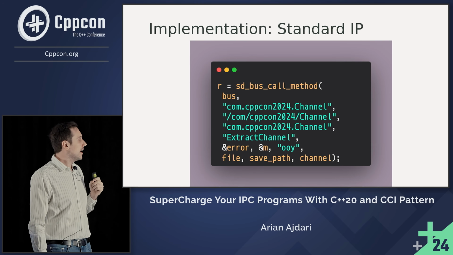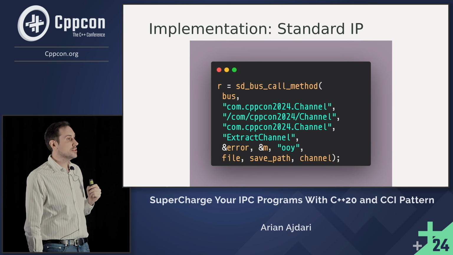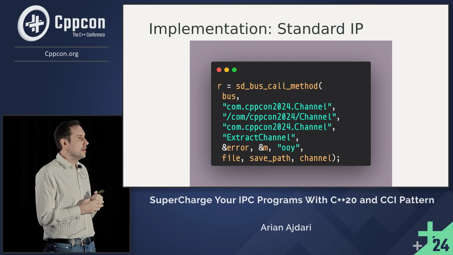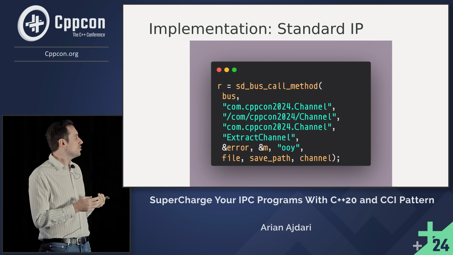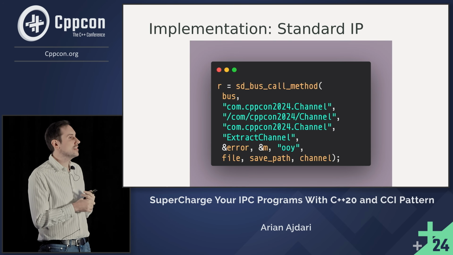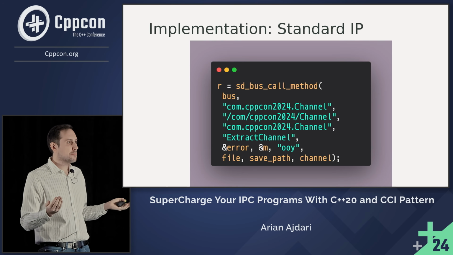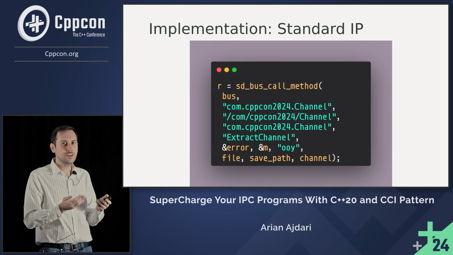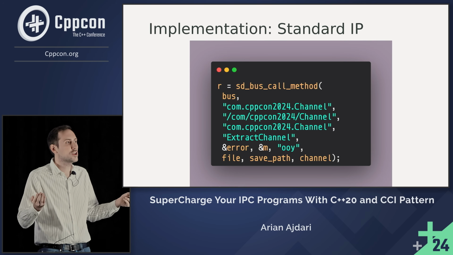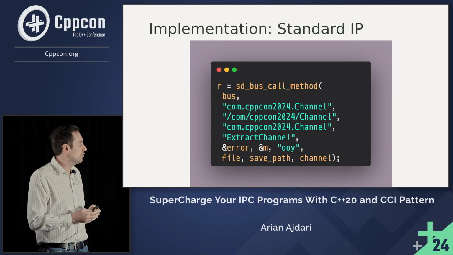With this interface, I see a problem with every possible parameter. Let's start, for example, with the bus. Bus is a pointer, and in the C language, we need to manage its lifetime, so the creation and the destruction. No matter how experienced a programmer you are, when you're tired or when you didn't get enough coffee for the day, you will forget to use free. That happens, it's quite normal.